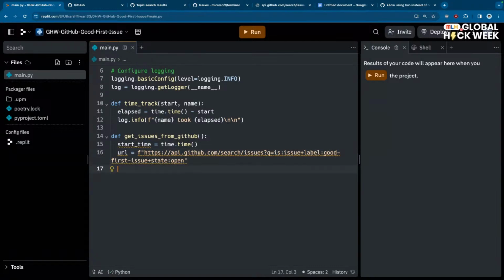What else? Well, we can now create a response variable which will use the requests library, and we'll do a get request on it. On the get request we can pass multiple things, but right now I'm going to pass this URL, requests.get(url). Once we have the response, I'm going to just print response